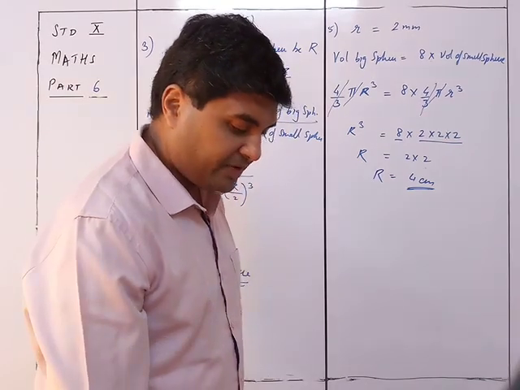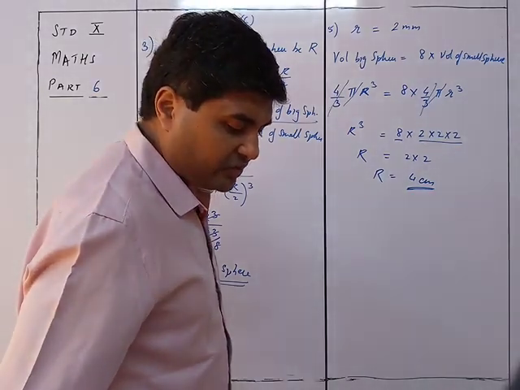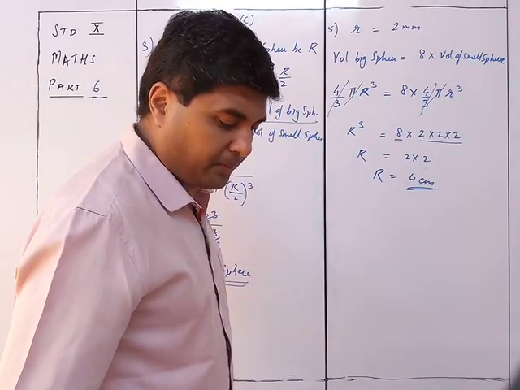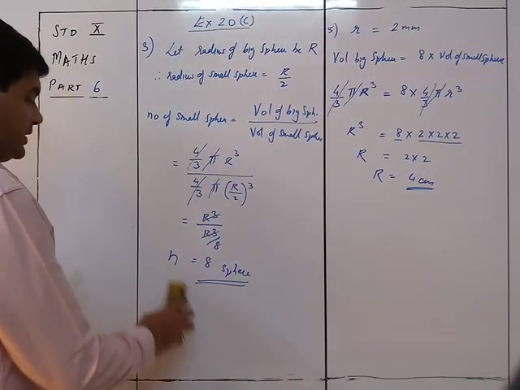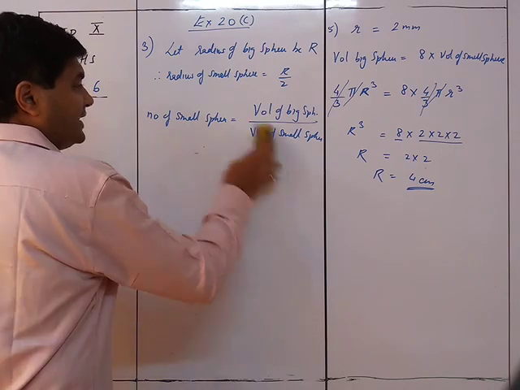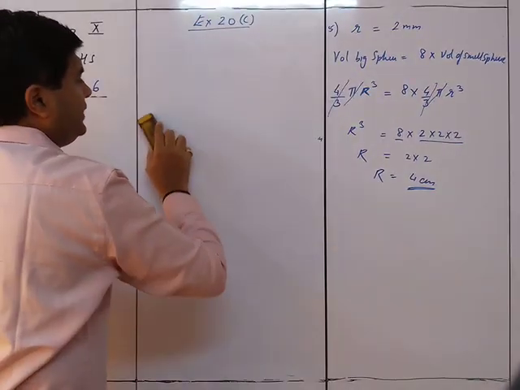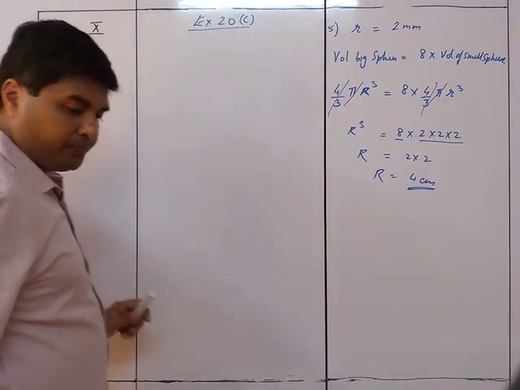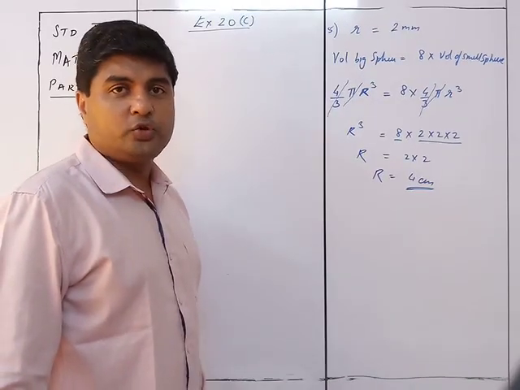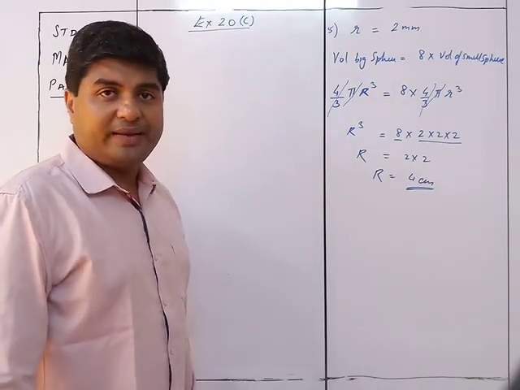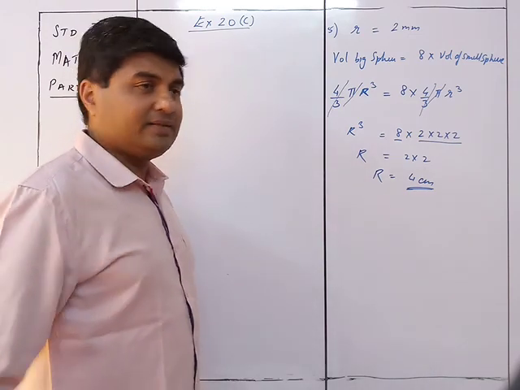We move on to sum number 7. If the number of square centimeters on the surface of a sphere is equal to the number of cubic centimeters of its volume, what is the diameter of the sphere? That's quite a unique question. What they have told us is that numerically, the numerical value of the surface area and the numerical value of the volume are the same.